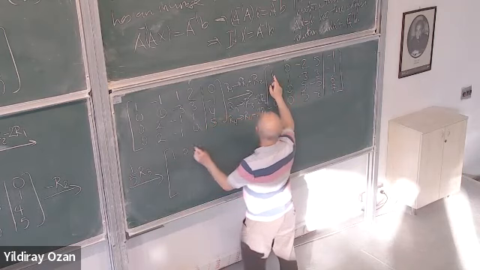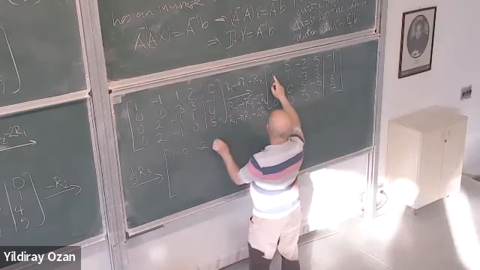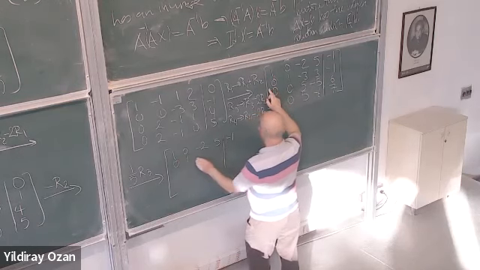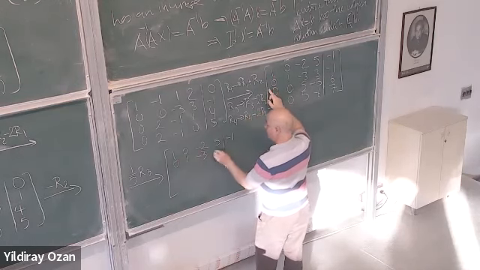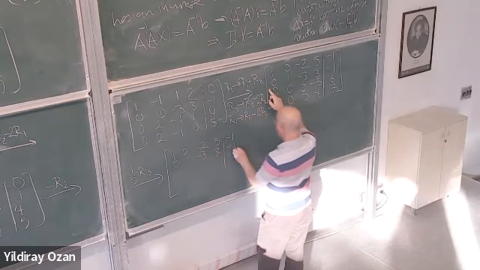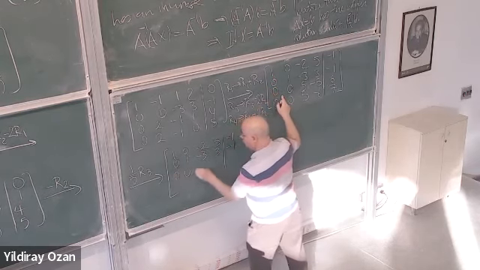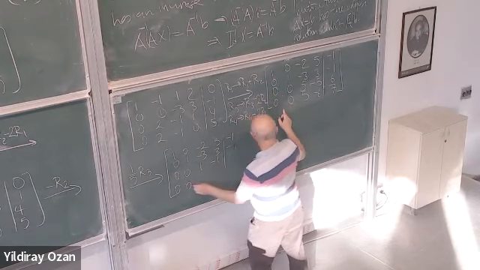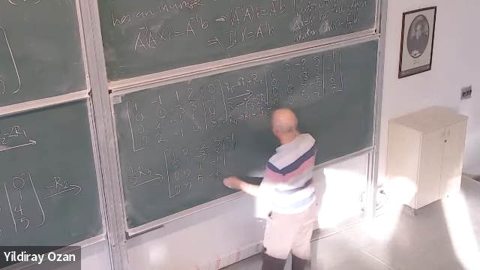So 1, 0, minus 2, 5, minus 1, 0, 1, minus 3, 3, minus 1, 0, 0, 1, minus 1, 0, 0, 5, minus 6,